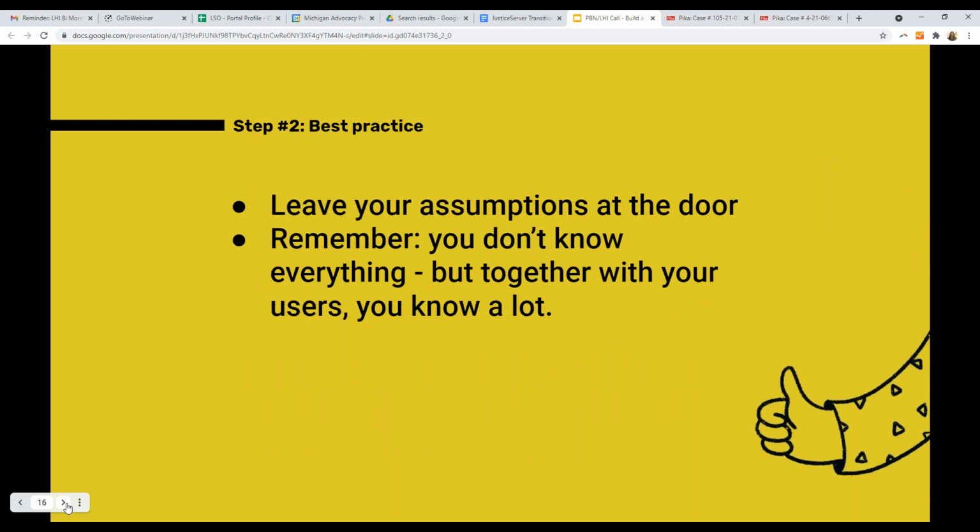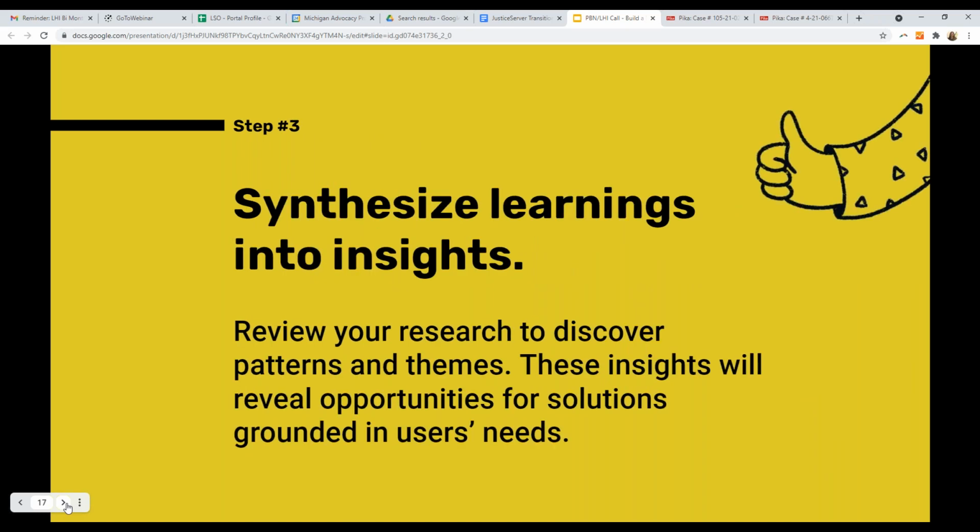But really, step two is about leaving your assumptions at the door. Whatever you think you might know about someone's lived experience, this is that opportunity to stop and listen and learn. And remember that you don't know everything, but together with your users, you know a lot. So going back to that sort of co-design and shifting who the expert is in that scenario